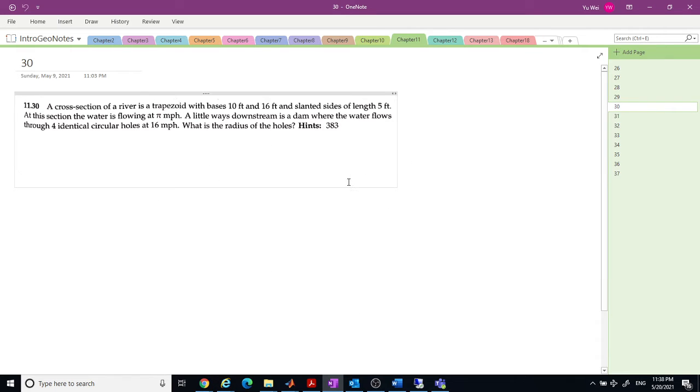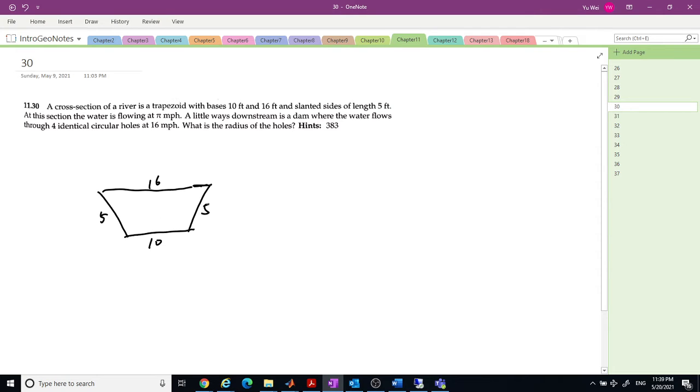Next. So the cross section of a river is a trapezoid. So you can see the river bank is like a trapezoid like this, and we have the bases 10 and 16 and the sides 5 and 5. Okay, so the flow is pi miles per hour, and a little downstream in the dam,